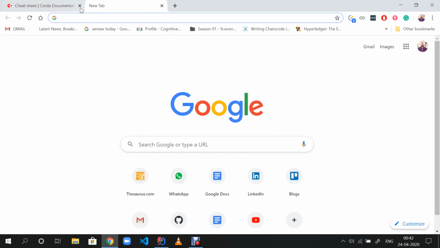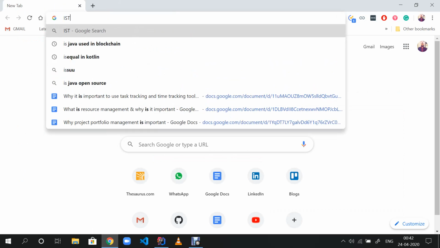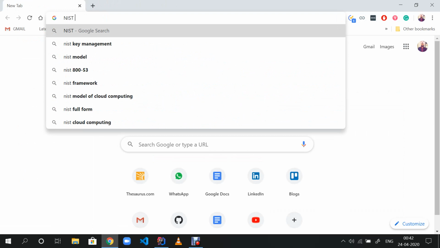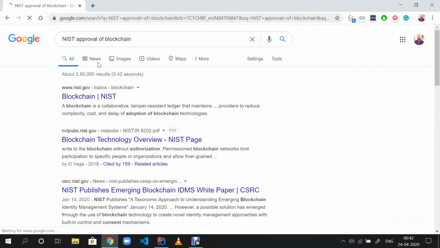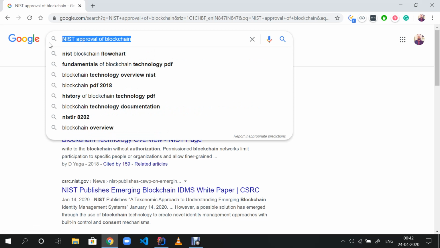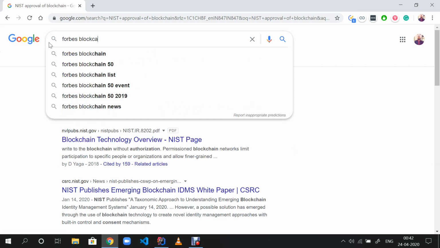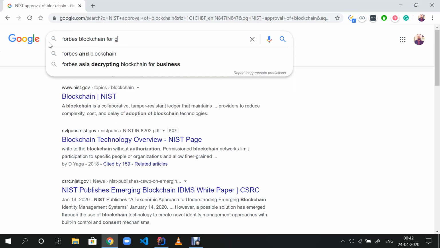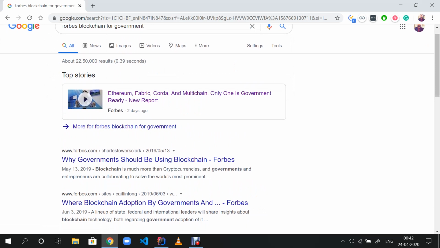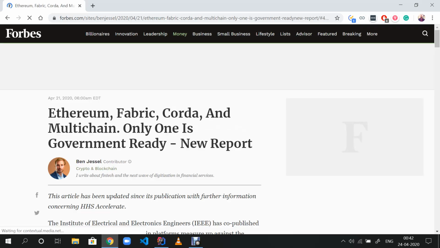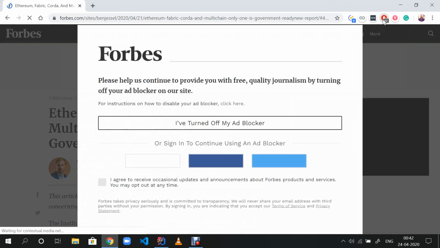If you make a quick search of NIST approval of blockchain, or you can say maybe Forbes blockchain for government, on the top stories, you will find that 2 days ago there was a report on Forbes. Forbes magazine is the most trusted magazine all over the world.